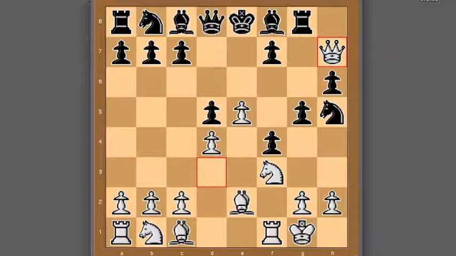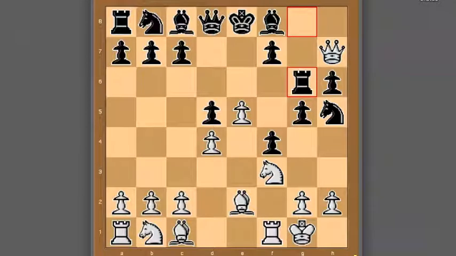In the game, what was played was rook down to g6, because the rook is defended, and it also defends the pawn on h6. The problem with this position, though, is that the queen is now very deeply embedded in black's camp, and as we'll see for almost the entire game, black is not going to be able to dislodge this queen. It's going to be a really big thorn in black's side,